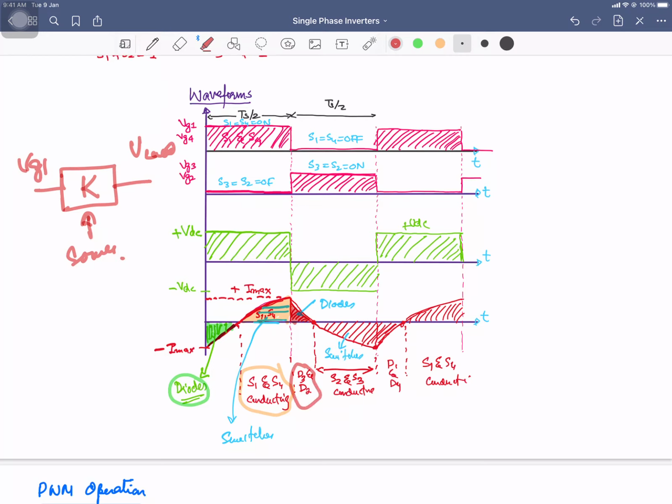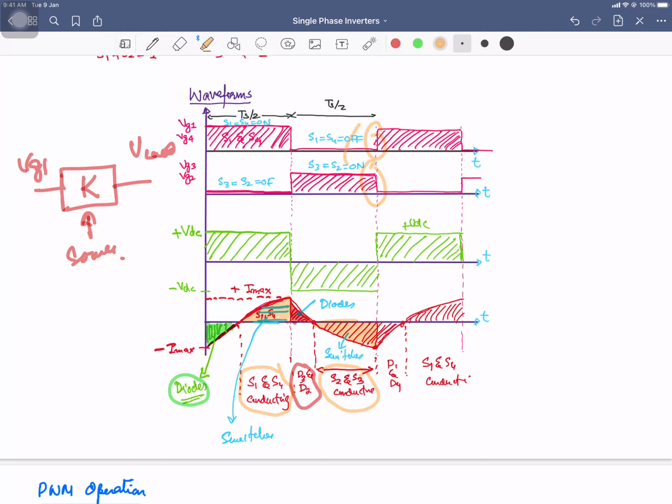So this portion is representing the conduction of the diodes. D3 and D2 are conducting, and then the current will start building up in the opposite direction. So that is shown over here in this part. Current is building up in the opposite direction. Now your switches S2 and S3 are conducting, and once you remove the gate voltages from S3 and